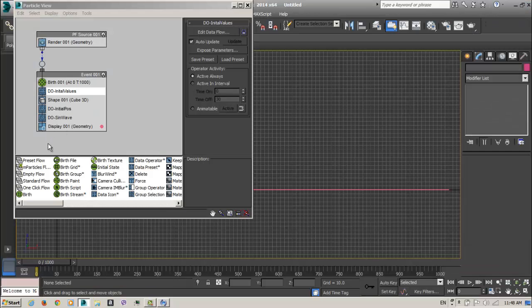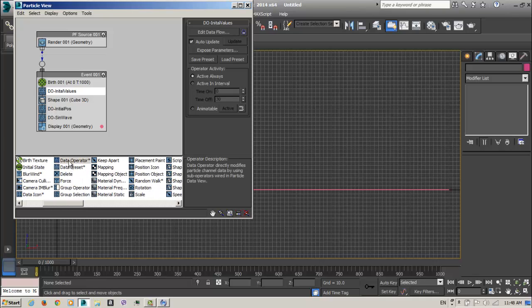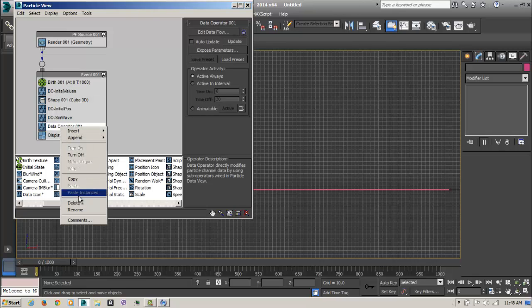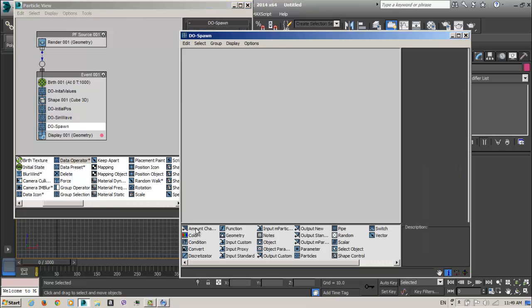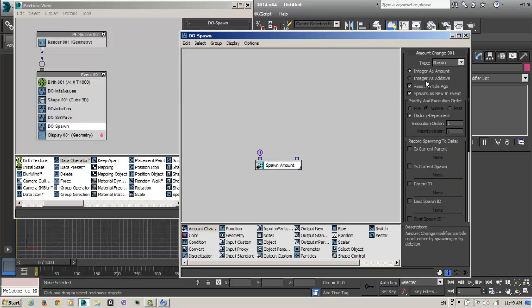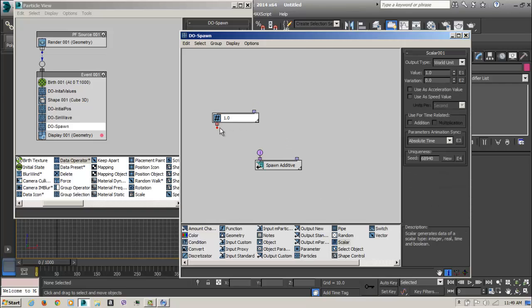So what we can do with this spawn test, it's very easy. We create another data operator here, and of course first thing is to rename it data operator spawn, and we say make a spawn as additive, scalar 1, make it integer.